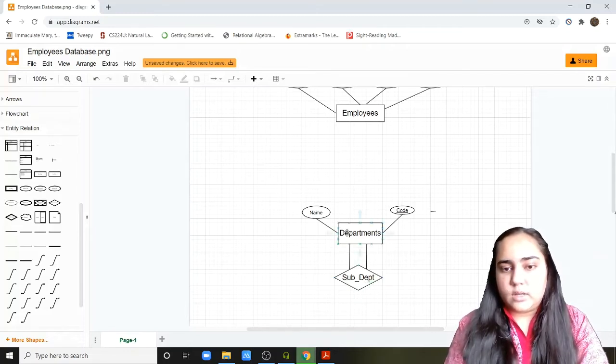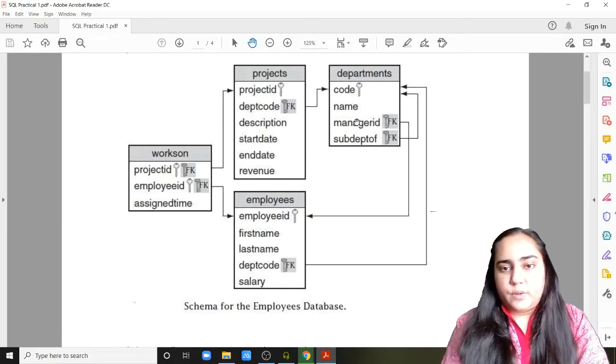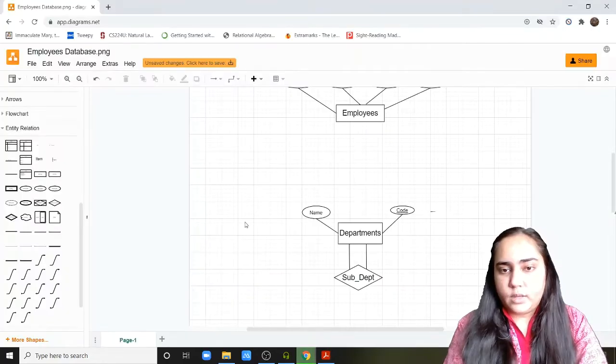It contains the department's code, and it contains this subdept of attribute, which is another code of departments that joins one department with another. And for the manager ID, we need to create relations between employees and departments. One relation is because employees contains dept code, and another relation is because departments contains manager. So we need 2. And we are going to first create one of them